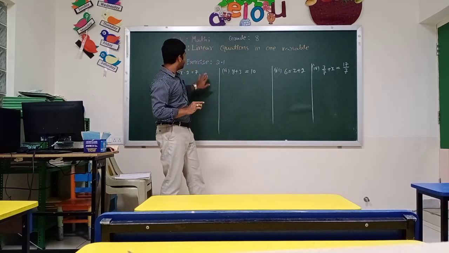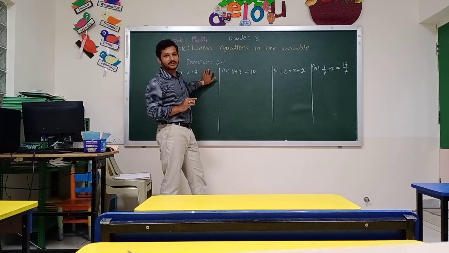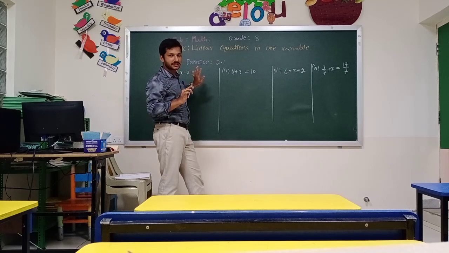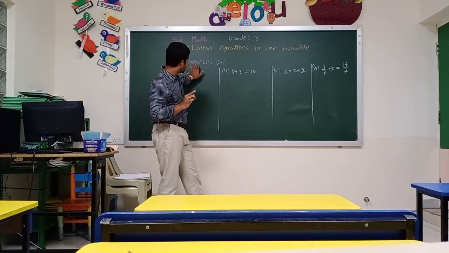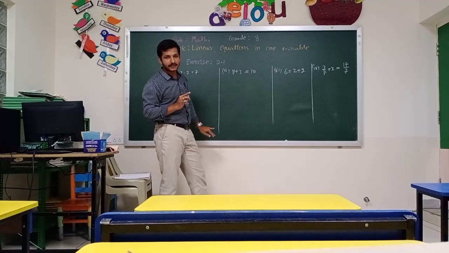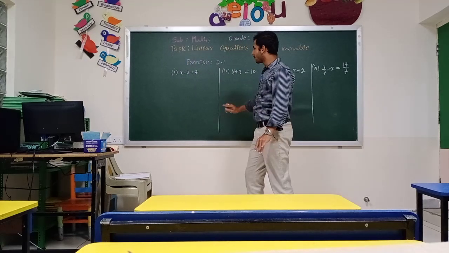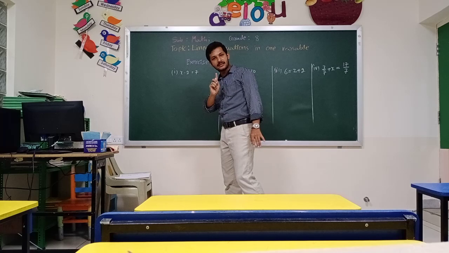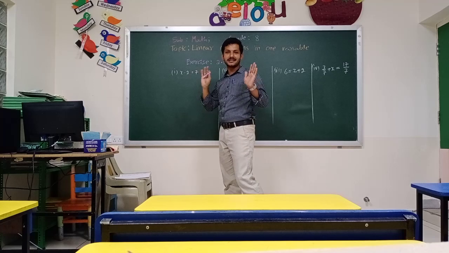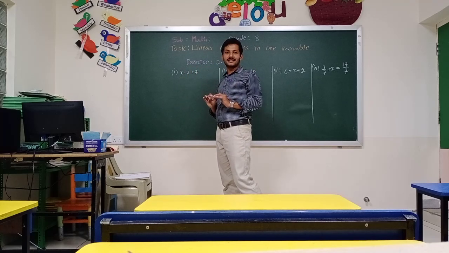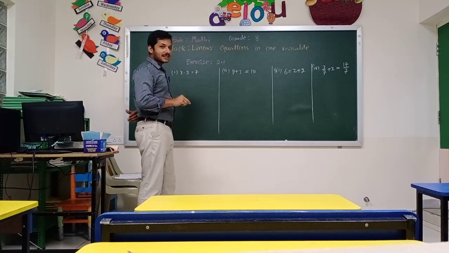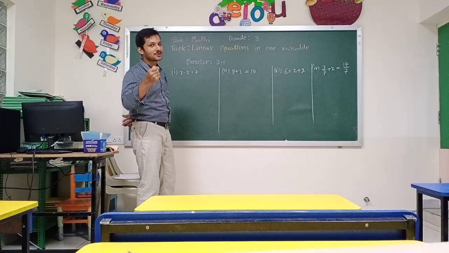Okay children, let us start with exercise 2.1. Hope you all have your textbooks with you. Now you can see exercise 2.1, in which x minus 2 equal to 7 is the first problem. Let us try to solve this. You are all very genius and you have solved it in the last class also, that is in the 7th standard. Now check your memory, whether you are able to solve it or not.